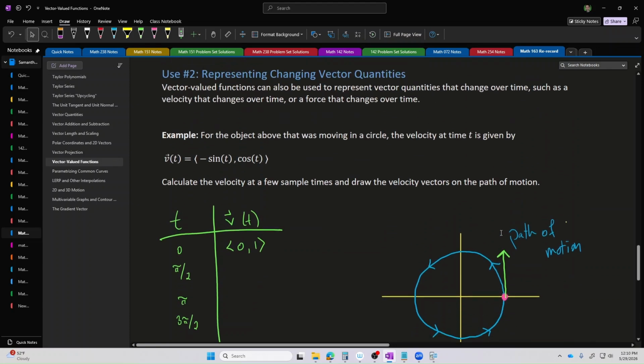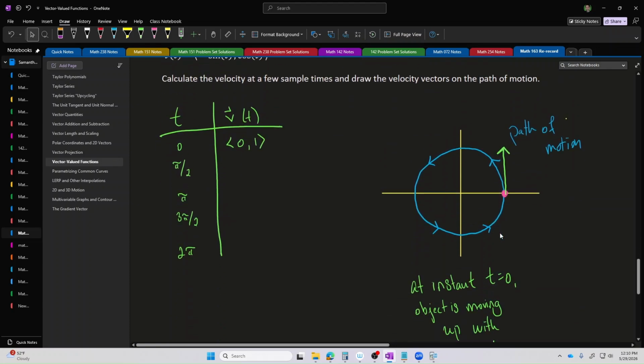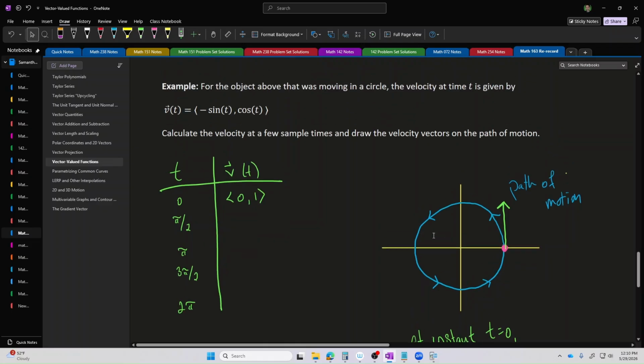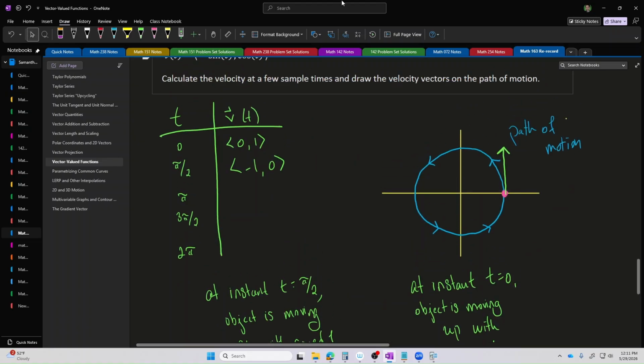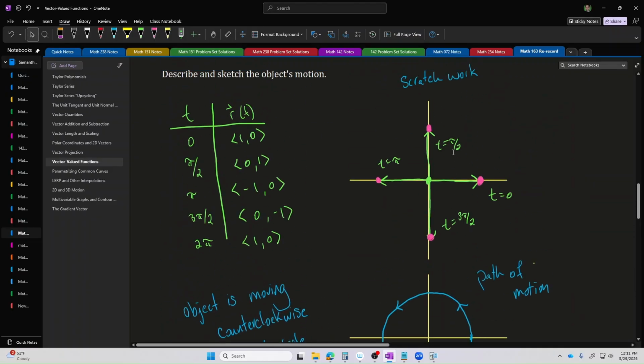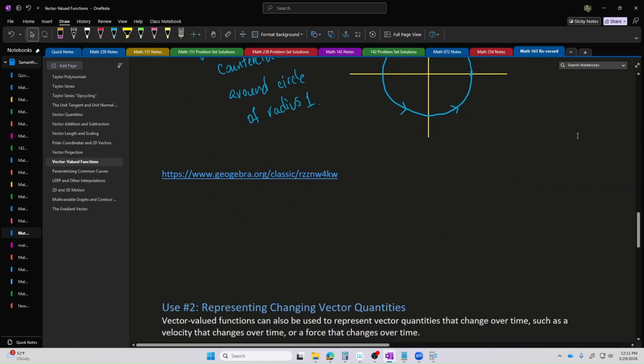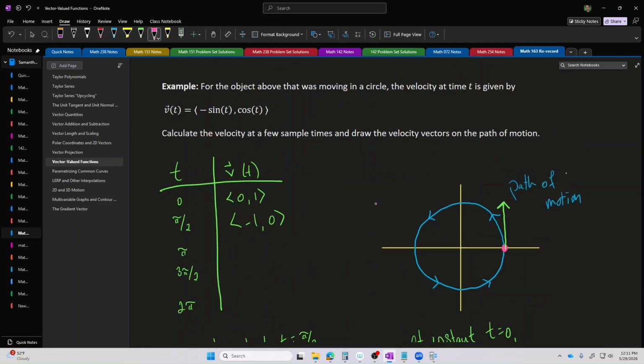If I consider another moment in time, such as pi over 2, and I plug that into my velocity function, I can see what the object's velocity was at this later instant. If I plug that in, sine is producing -1, and cosine is producing 0. And in the picture, if I remember that at time pi over 2, my object was here at the top of the circle,